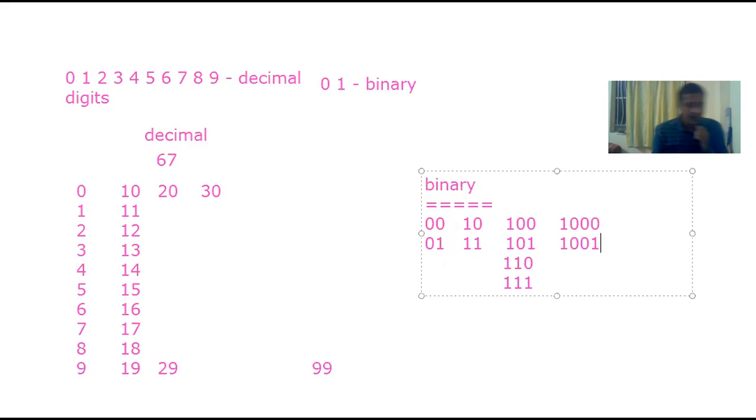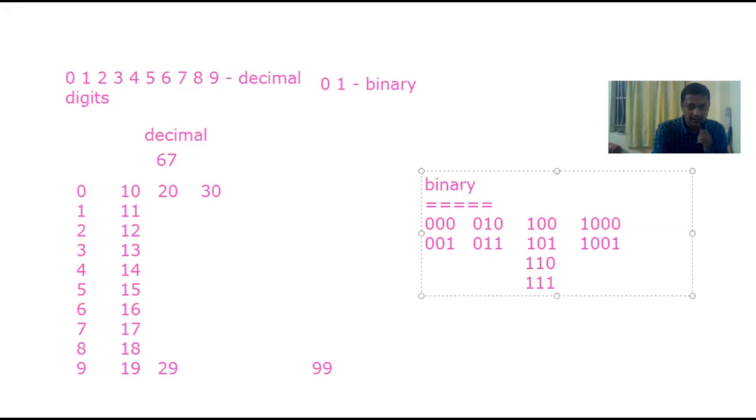Why 1000? Because previously we had 3-digit sets, then we will get 1001. Why will I get 1001? Because these particular digits will become this, and this will become this. These will become 3-digit sets. So these are all there, and you can see how I will get the numbers. I'll get the numbers like this.